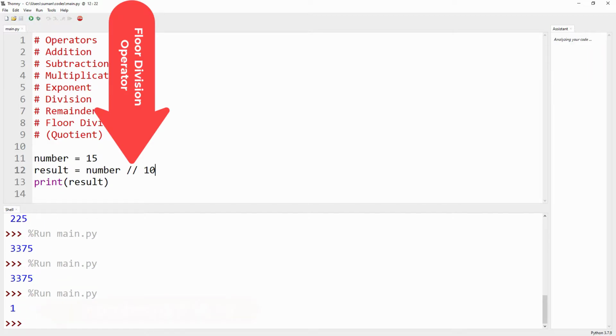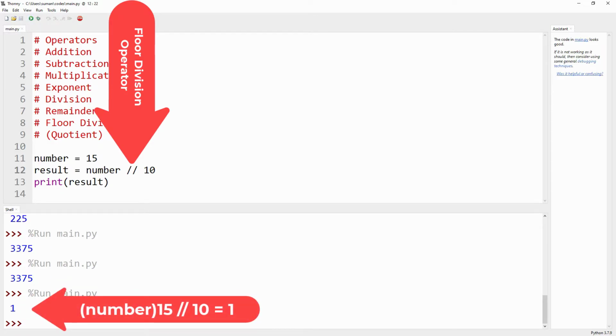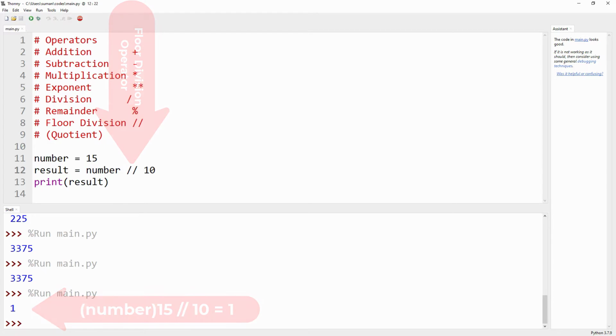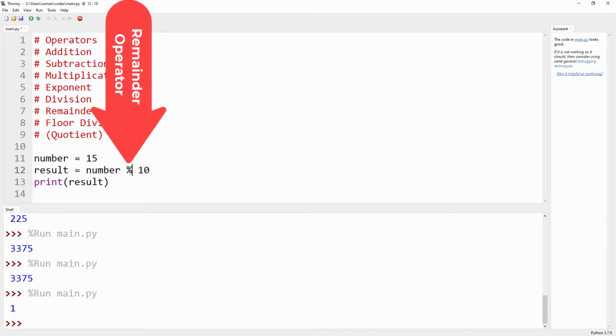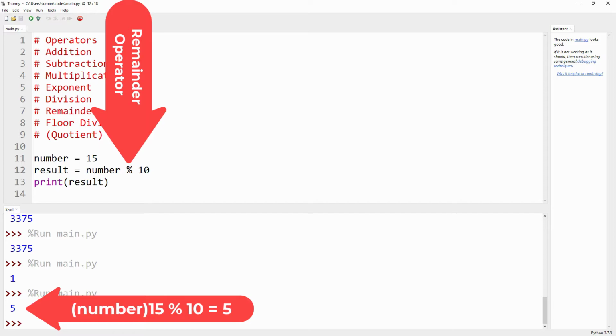Let's check. We are getting the result as 1, and for the remainder we must use the percentage sign and the remainder would be 5. So check it. If we run the code, we are getting the remainder as 5.